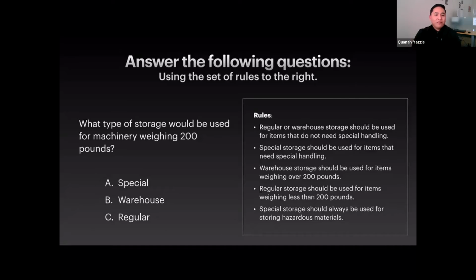I personally believe this one doesn't have enough information for us to answer it, because we were given this set of rules that we need to follow, but a lot of it is conflicting, so we can't really